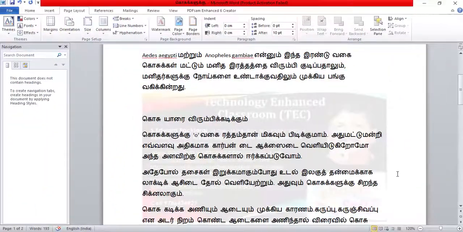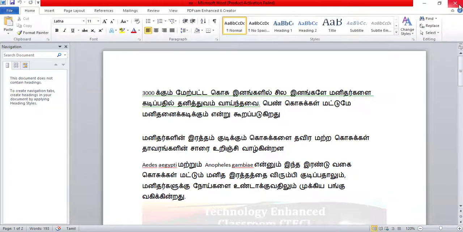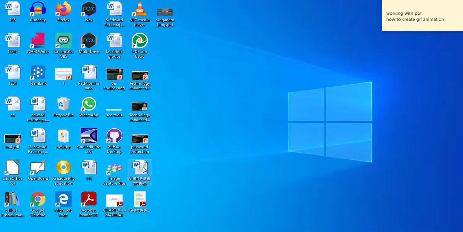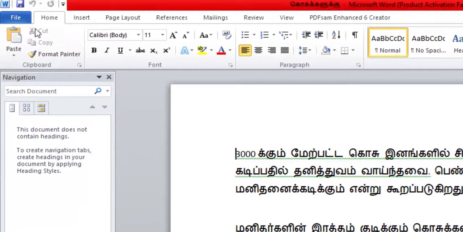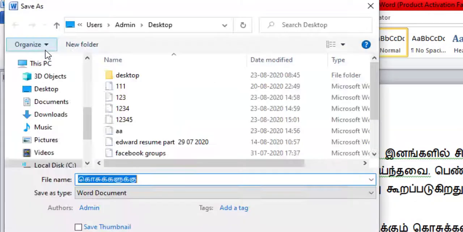Then how to create a password protected document. Open a document, go to file and choose save as. Here put a name,